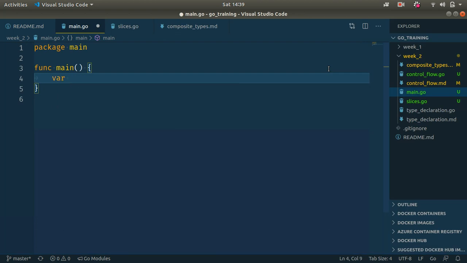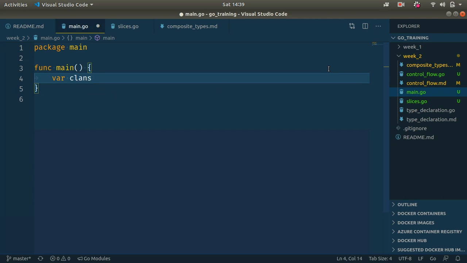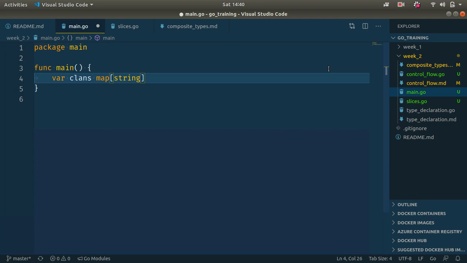Okay, so let's create a map. We can declare a variable, let's call it clans. It's going to be a type of map. To create a map, we use the keyword map followed by the key type. We expect the key type to be a string, and then the value must be of type, let's say string. I think it's actually possible to, let me first print this out